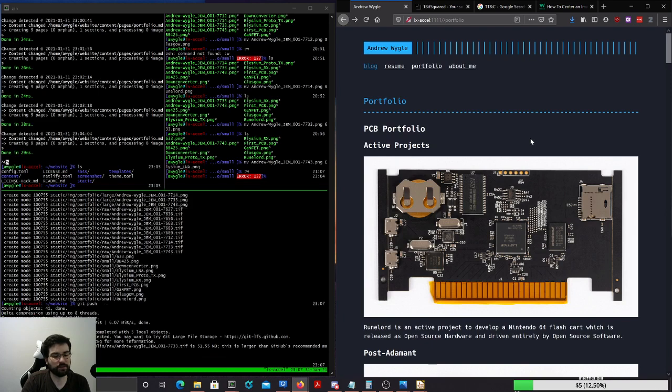Git is yelling at me for pushing giant files. Yeah, okay, that's fair. I probably didn't need to push the uncompressed TIFFs to my GitHub, but